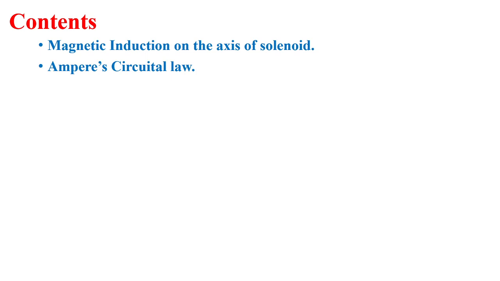Electrostatic force F is directly proportional to Q1 Q2 and inversely proportional to the square of the distance between them, while in magnetostatics force F is proportional to I1 I2 upon R square. In electrostatic field, opposite charges attract each other and similar charges repel each other. In magnetostatic field, parallel currents attract each other and antiparallel currents repel each other.